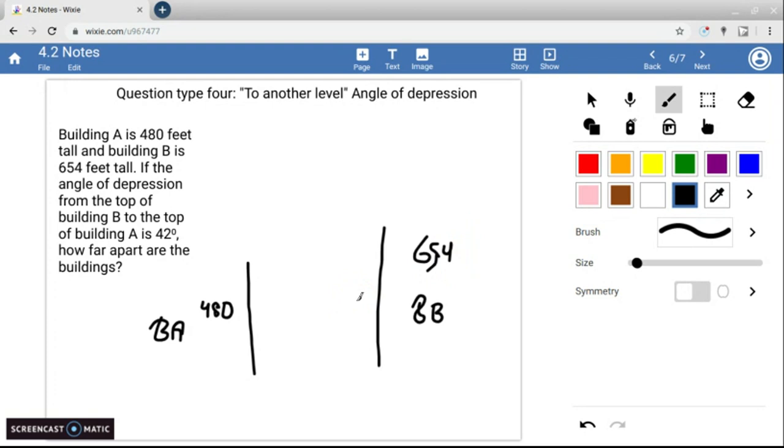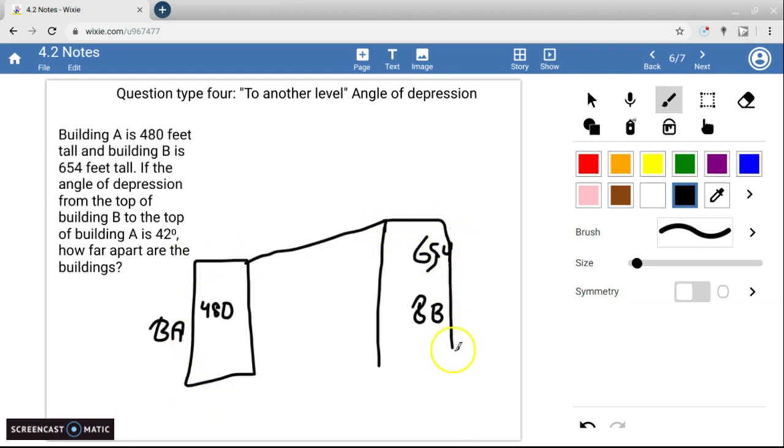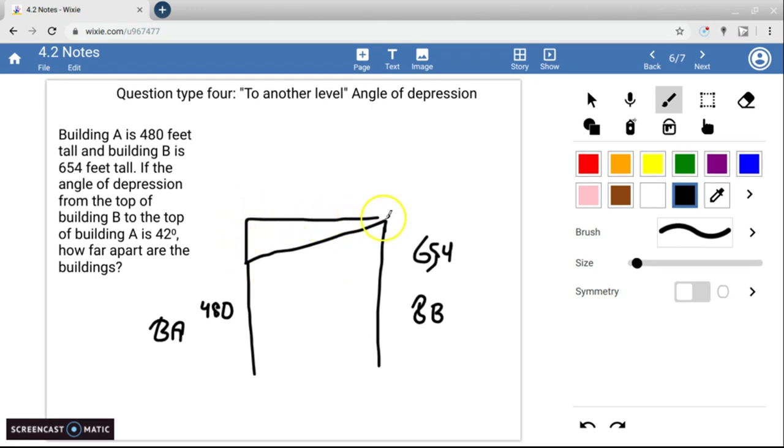And if the angle of depression from the top of building B to building A is 42 degrees, so first let's connect the tops of these buildings. And so we're really just connecting the walls. If you actually had the full building, it would kind of look like that. But that's why we use the letters, because we don't really want to draw the whole thing. But we could, but let's just go back to that. Angle of depression, remember, it's not going to be that angle because that's a vertical thing. So we have to actually draw a triangle up here like this. If that is 42 degrees, it's asking how far apart are the two buildings. Okay, well, we go and we find out that this is the opposite